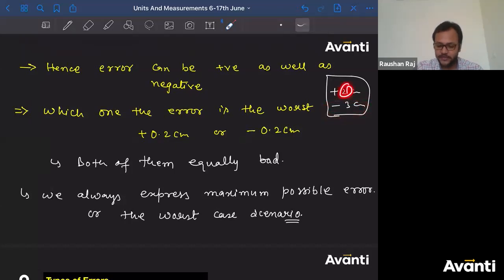But if they have equal values, plus or minus, then don't compare. Then don't say positive error or negative error. It doesn't matter whether this is positive or negative. Error is error, a mistake. Okay? Don't assume like this: sir, if the length of the rod is 10, I have gone to get a rod of 10 centimeter and the seller has given me a rod of 10.5 centimeter. Sir, I am in profit. I have got 0.5 centimeter larger. I got a profit, sir.